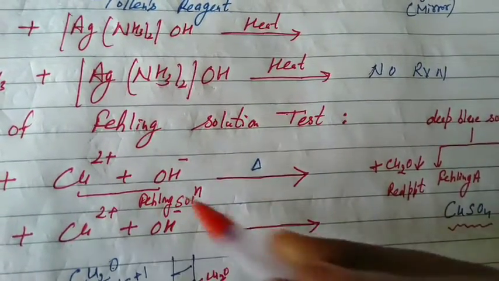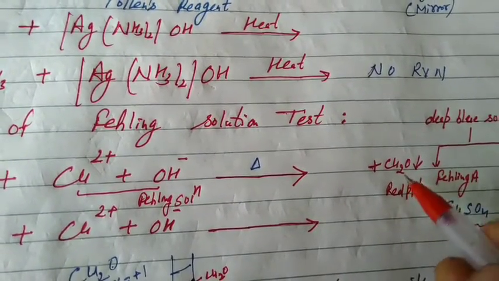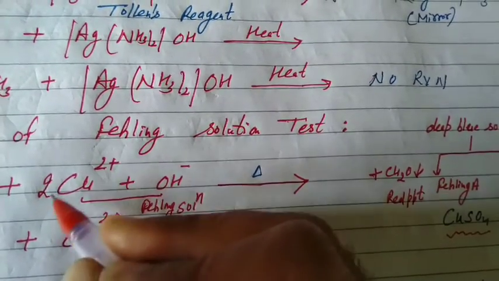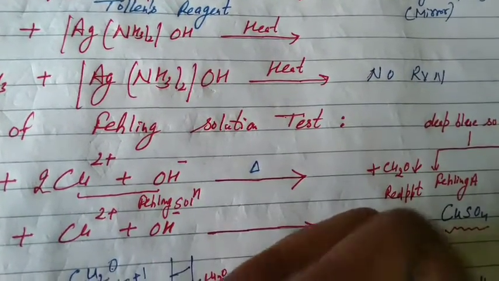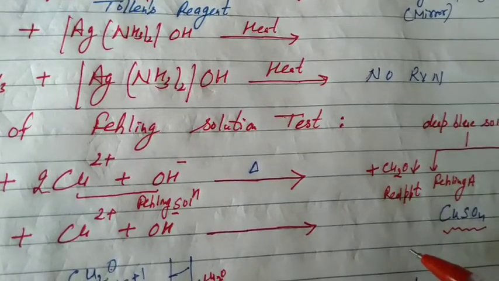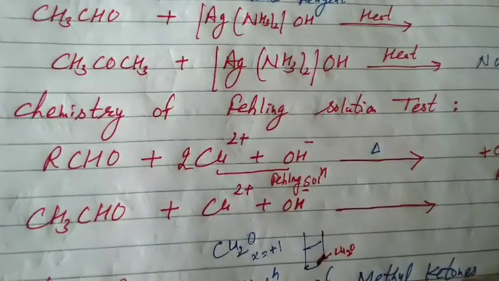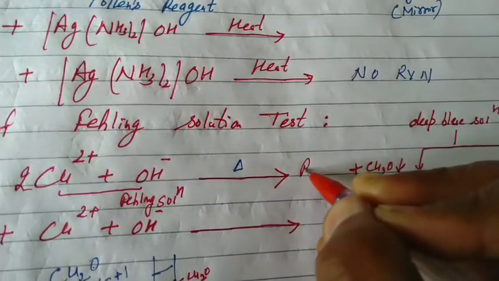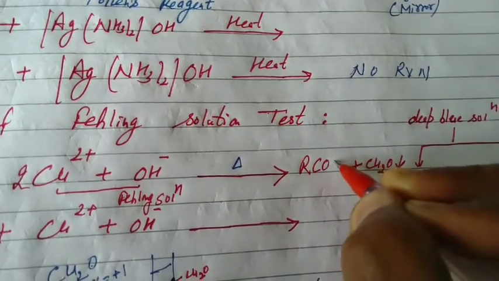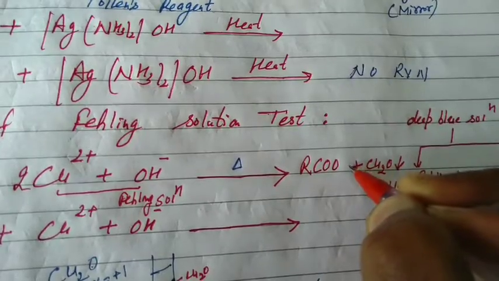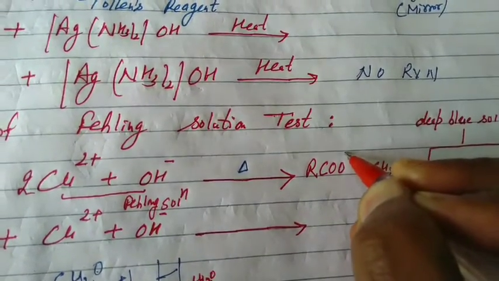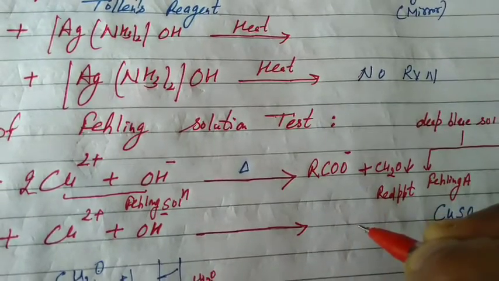The oxidizing agent oxidizes the other, but itself is reduced. Now we have to balance. How many coppers? 2. Students, what is the total charge on it? Plus 4 minus 1 plus 3. It is neutral. We have to balance the charge. Now what will we do? It will oxidize aldehyde to acid. But we write it in ionic form, that is, we write carboxylate ion, not carboxylic acid. If you write carboxylic acid, it is again right. But to balance the charge, this is absolutely right. RCOO negative.